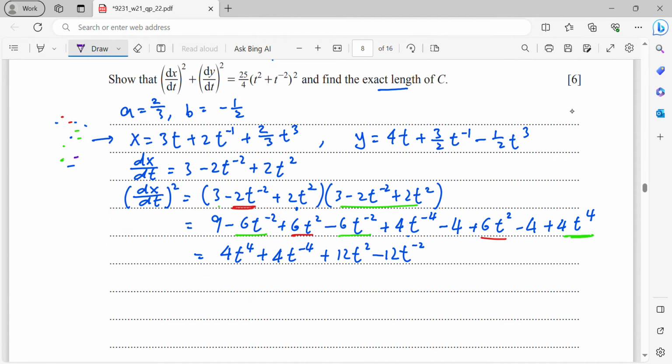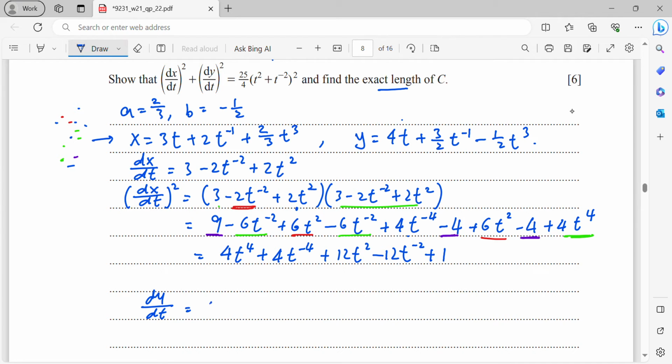So the constants, 9 minus 4, which is, okay, another minus 4 here. Alright, 9 minus 4, so it's 1. Okay, so this is the expression for square of dx dt. Now I need to get dy dt. So my dy dt,